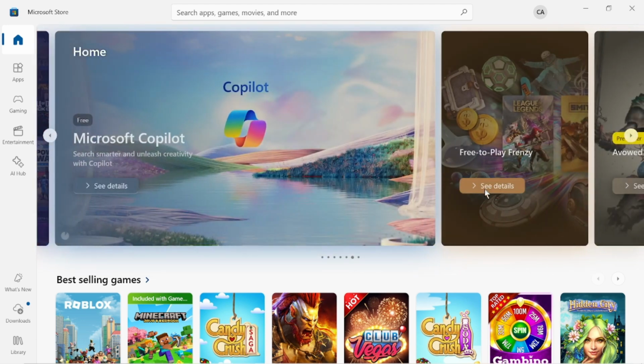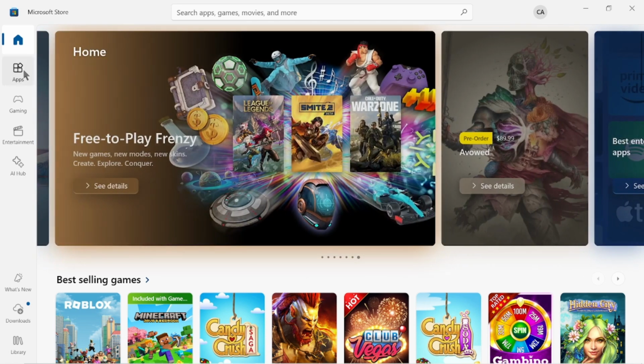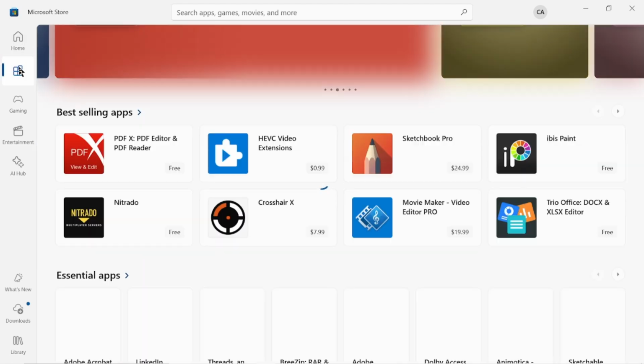So think about apps as tools which fall into different categories. We have featured apps. Let's go to the apps section so you can see what I'm talking about. Let's wait for it to open. While I wait for it to open,